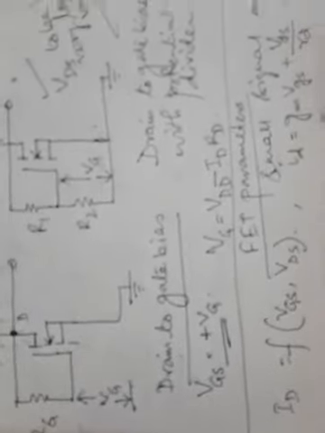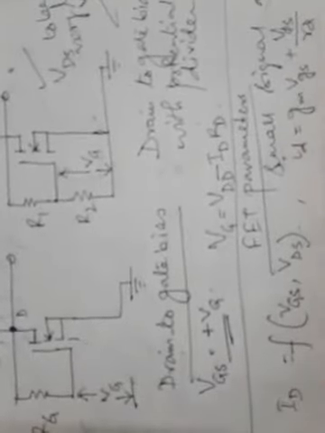Now let us see what these two terms gm and rd are. Let us first find what gm is. gm, from the last equation, can be given by id divided by vgs in small letters when vds is equal to 0. So this is the expression for gm. That means if in the last equation you put vds equal to 0, then gm can be written as id by vgs.